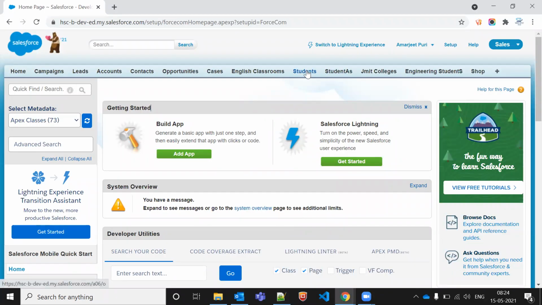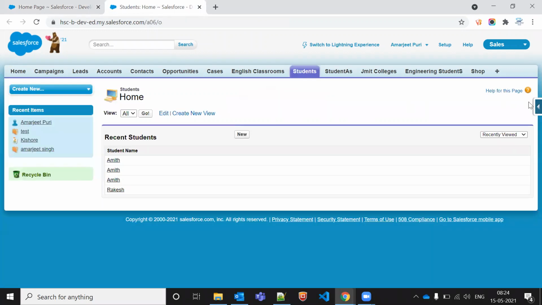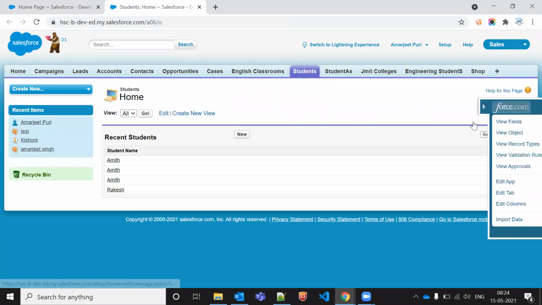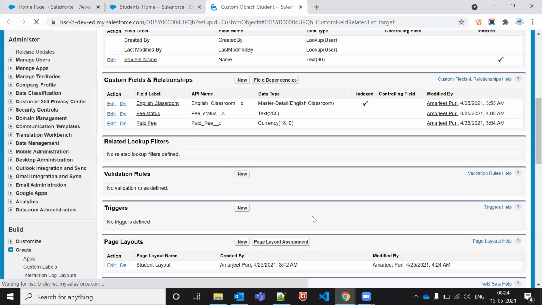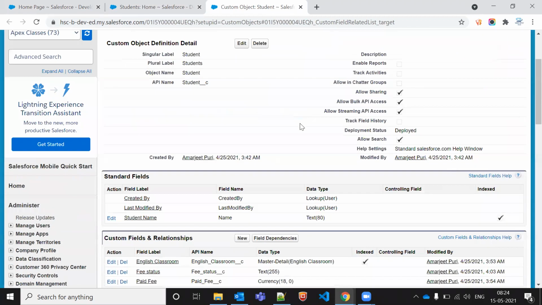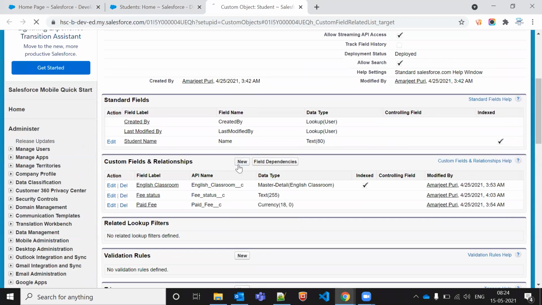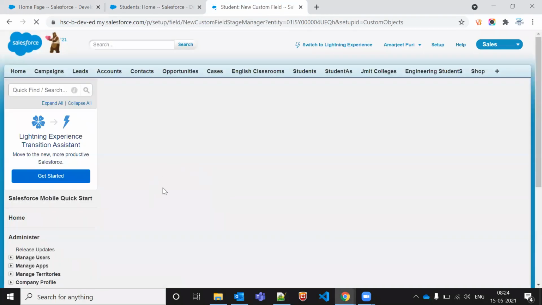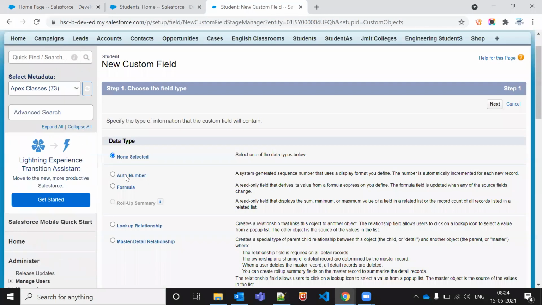So let me go to any other object. Let me check the relationship first. This is not related to account. So let me create a relationship with the account. Let me make this child. Let me create a lookup relationship.